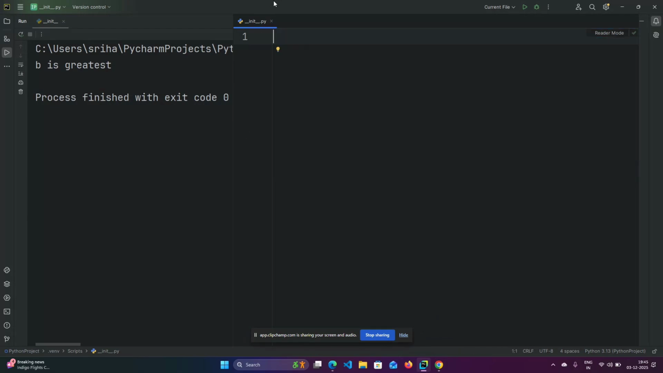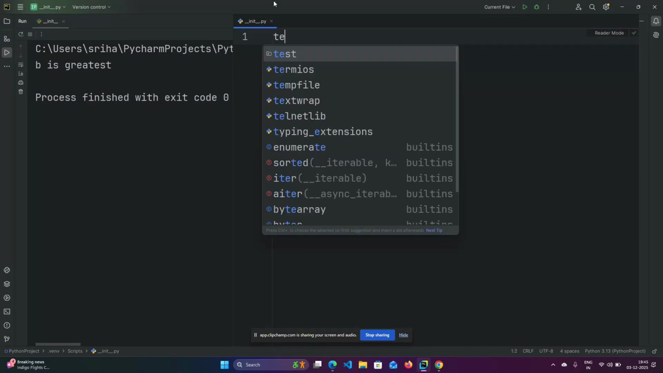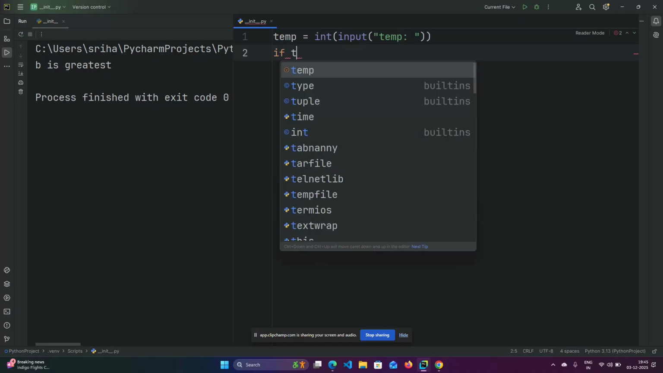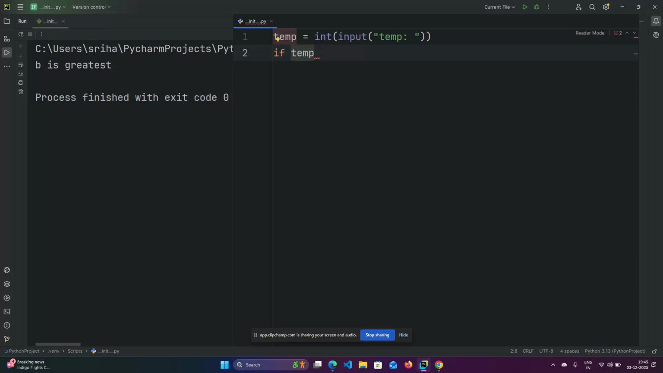Okay, first is like temperature input. So temperature equal to int input, temperature, then if temperature, but before I do,